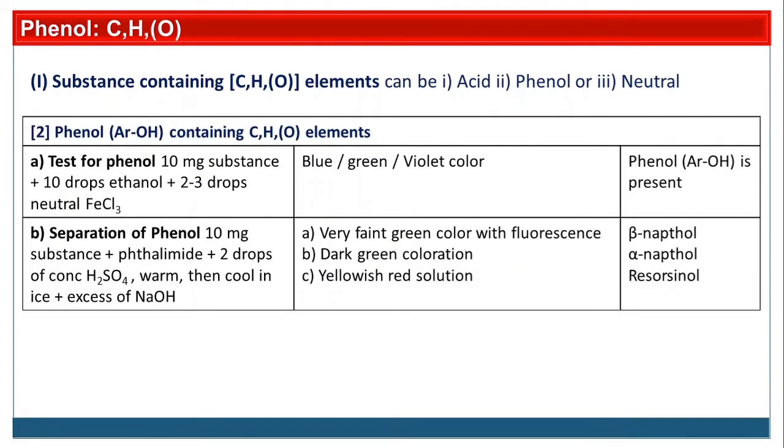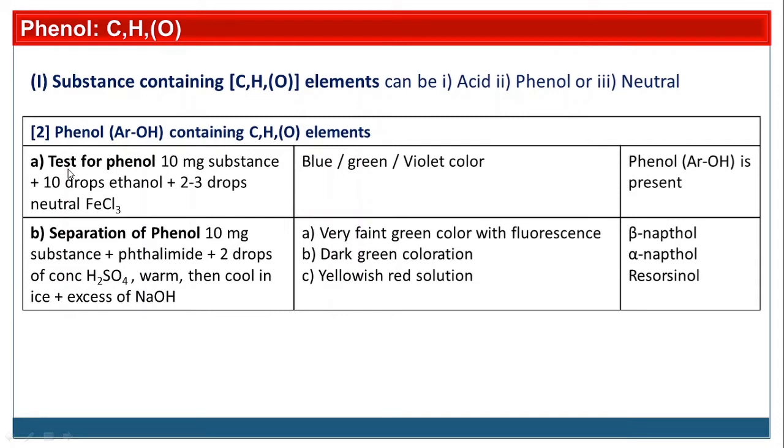So if this is the observation, then you can say oxalic acid is present. Now test for phenol. Suppose our type is phenol, then you need not perform the test for acid because your type is phenol, so acid is absent. So you have to perform the test for phenol. Which elements are present and what is the type of our organic compound, according to that we have to select the table for the functional group detection test. Now suppose our type is phenol and elements are CHO, then go for the test for phenol.